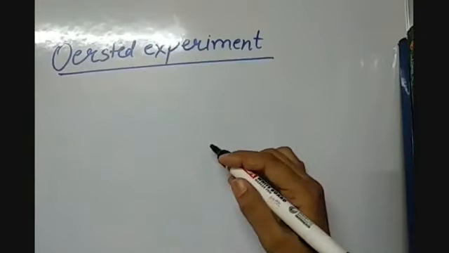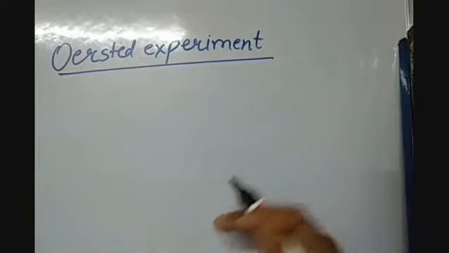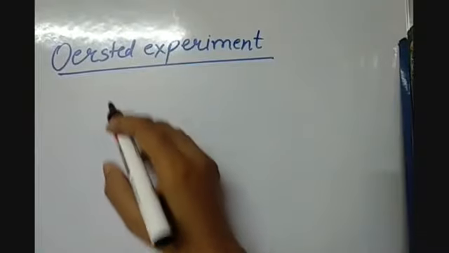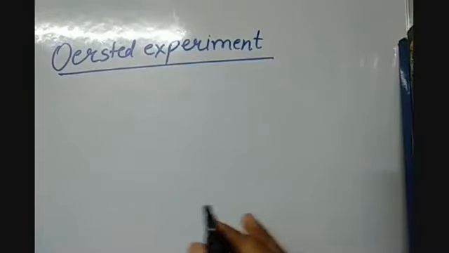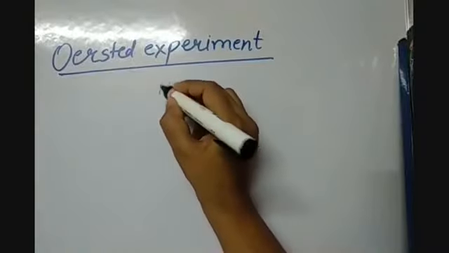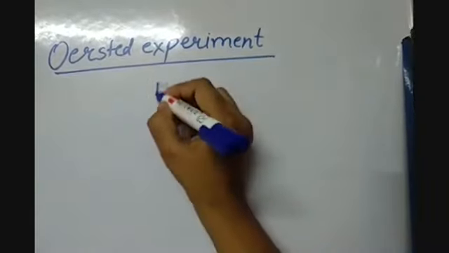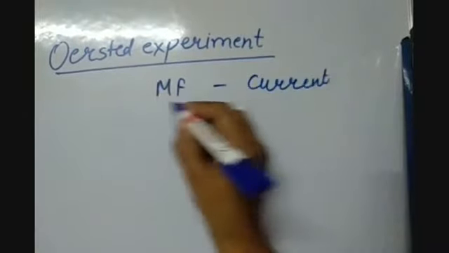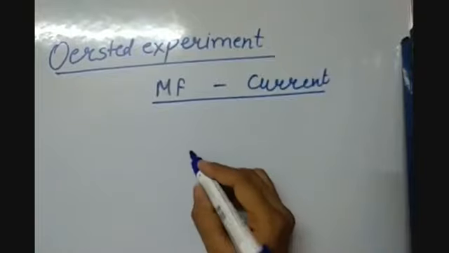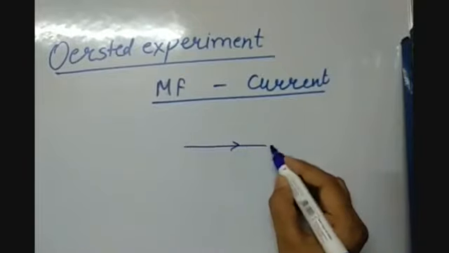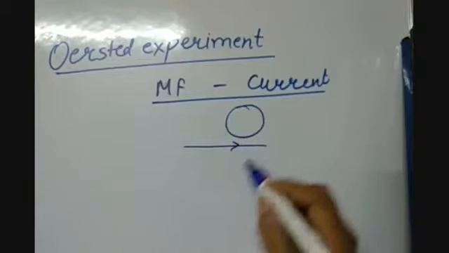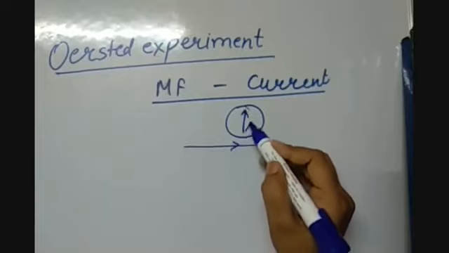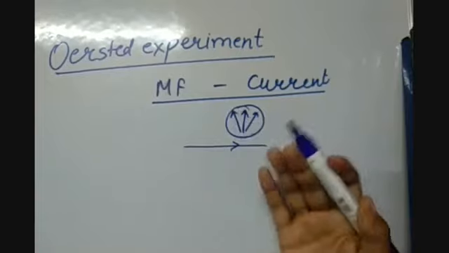So now let us begin with the magnetic effects of current. Till now we have talked about the magnets only. So Ørsted, one of the Danish scientists, talked about the relation between the magnetic field and current. In his experiment, he found that when current is flowing in a circuit and a magnetic compass is placed near it, the needle of the compass gets deflected, either here or here, depending on the direction of the current.